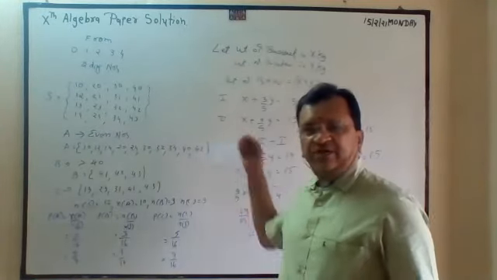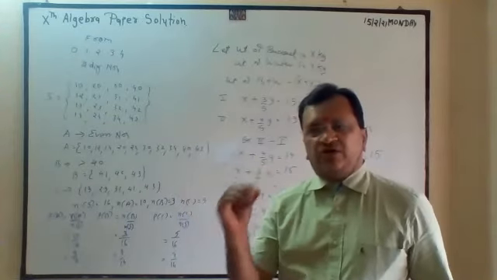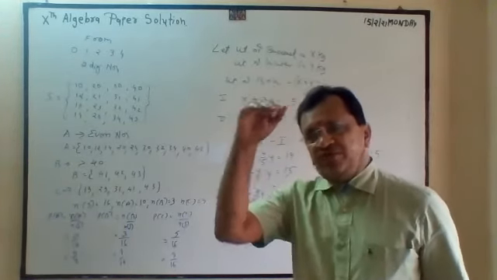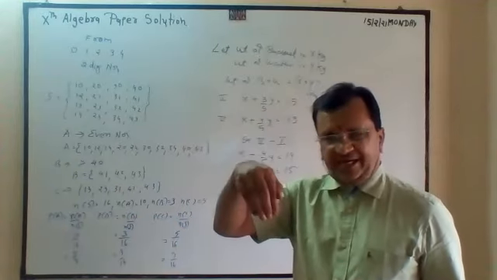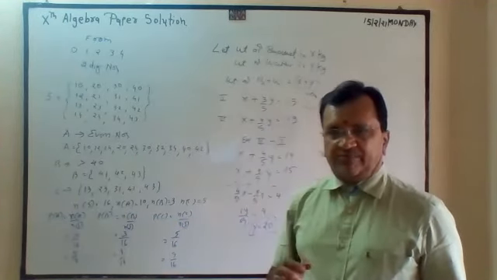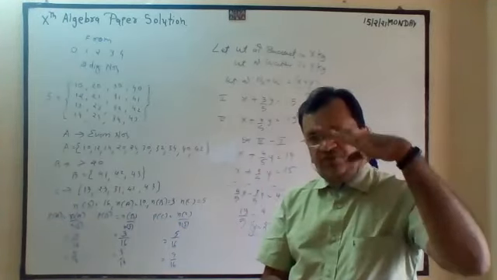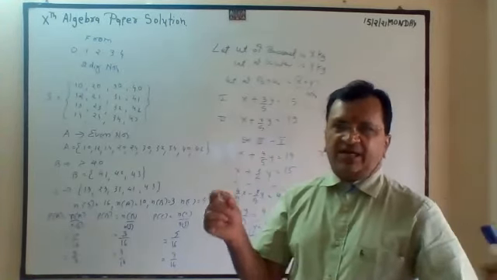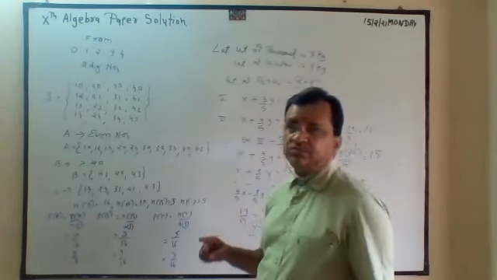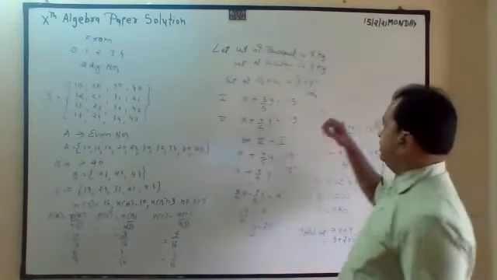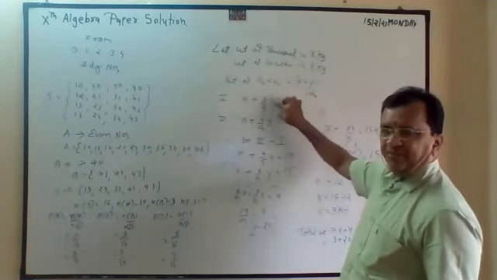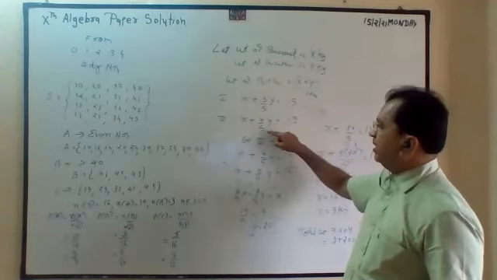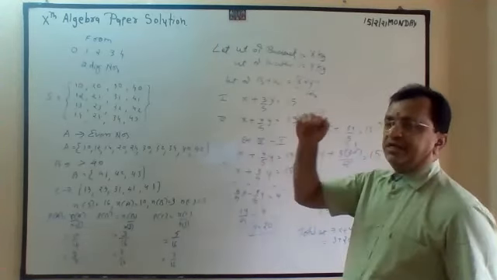The bucket in the first round and second round is the same, so the weight of the bucket is x kilogram. If it is fully filled, the weight of water inside is y kilogram. So fully filled bucket with water, the weight of bucket plus water is x plus y. But it is not fully filled, it is 3/5. Out of 5 parts, only 3 parts are filled. At that time 15. Out of 5 parts, 4 parts means more is filled.